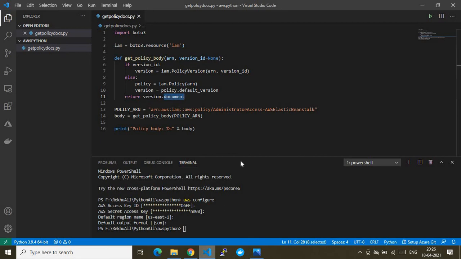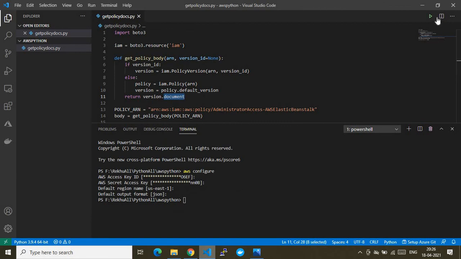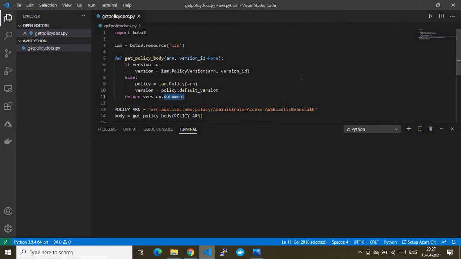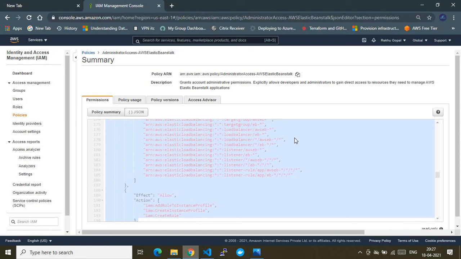Now let me run this code locally. To run this code I will use this button, the start button, the Python run button. Let me click on this one. This Python file will be run using the same credentials which we used to log in. And it should return the same JSON file which I showed you, this much big JSON file, as an output.